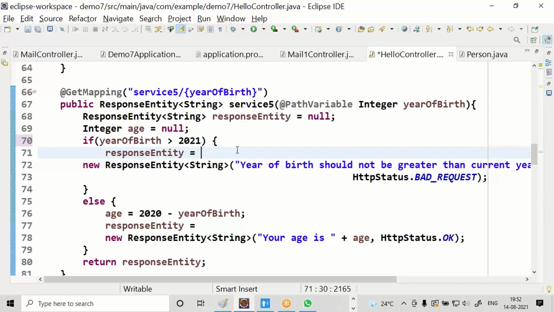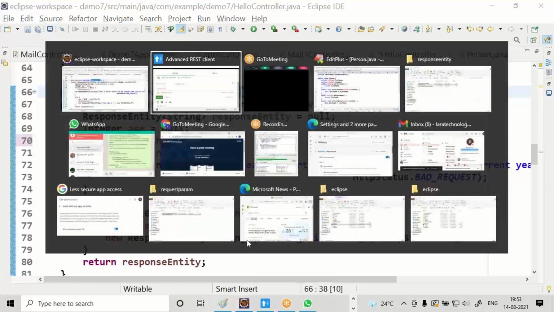To calculate the age, whatever year of birth you are supplying should be before the current year. If you are supplying a year of birth greater than the current year, it is not a proper input. You can raise a bad request. You need to supply one path variable, that should be your birth year.